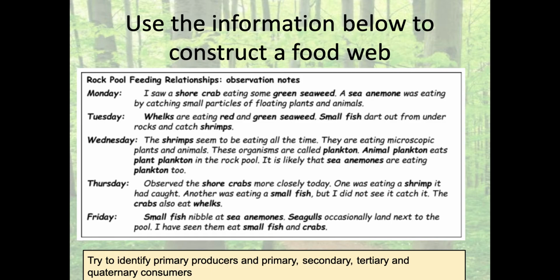So you're looking at these and you're saying, what are these organisms in terms of level? And you're looking at trying to draw your producers here, your primary consumers on the next level, your secondary consumers on the next level. But you're allowing for the fact that a primary consumer may consume more than one producer. So this is the idea. Identify your primary producers, primary, secondary, tertiary, and quaternary. So first, second, third, fourth consumers, if there are four.